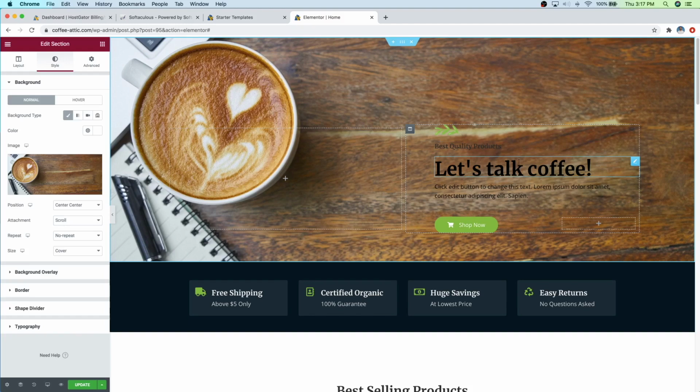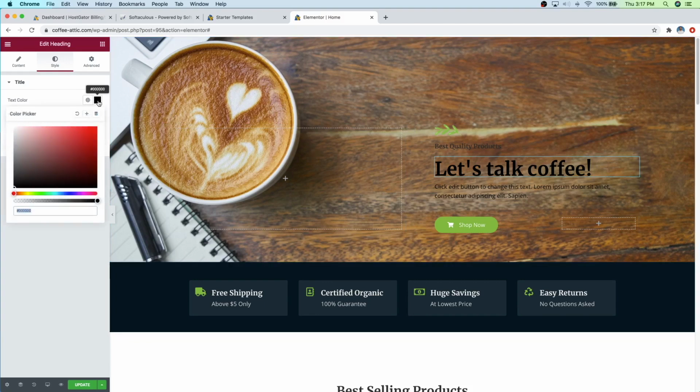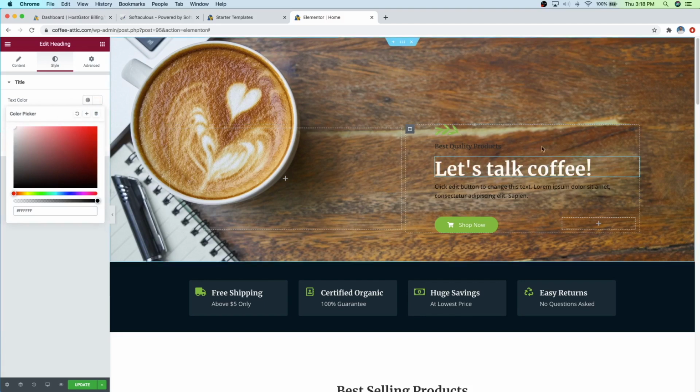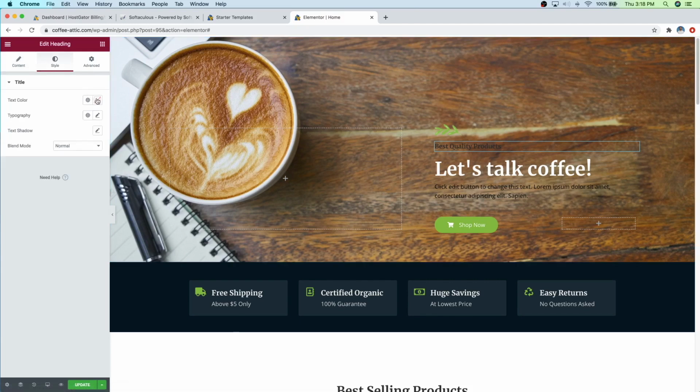So now our text isn't quite standing out as much, so we're going to go ahead and make that white. I'm just going to click on the little pencil icon for the text widget, go back over to color, and I'll just change that to white, just like that. And I'll also change this text as well. We'll go over to Style, change that to white,